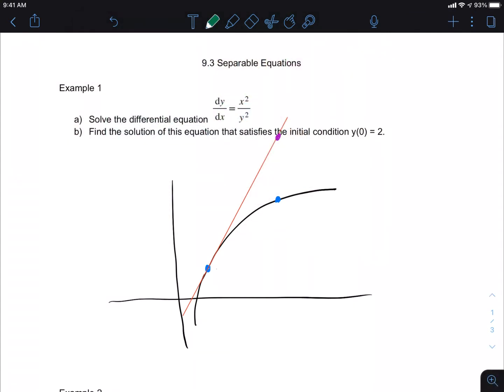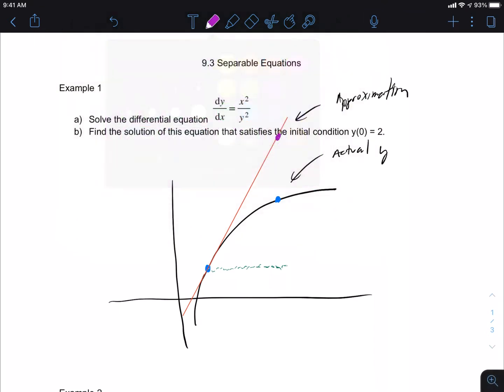So we can see that from here to our second blue dot, this is the distance that's covered, right? This would be my actual y value, and this would be the tangential approximation, right? If I used that,